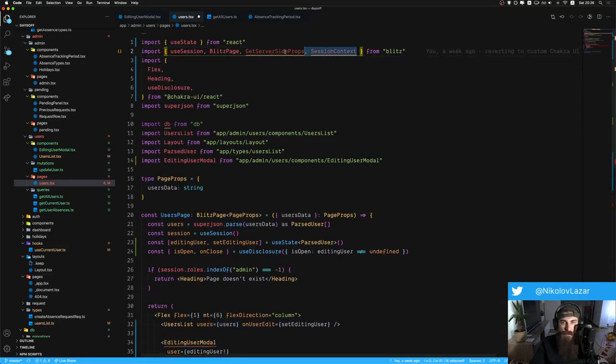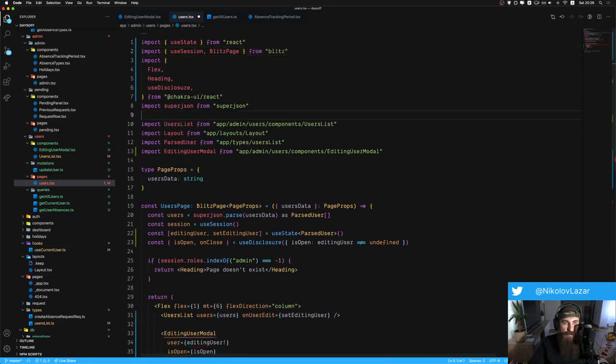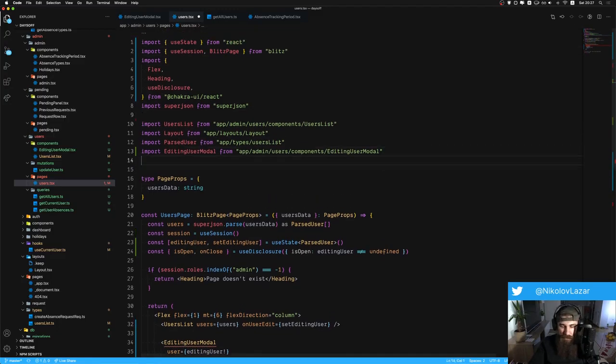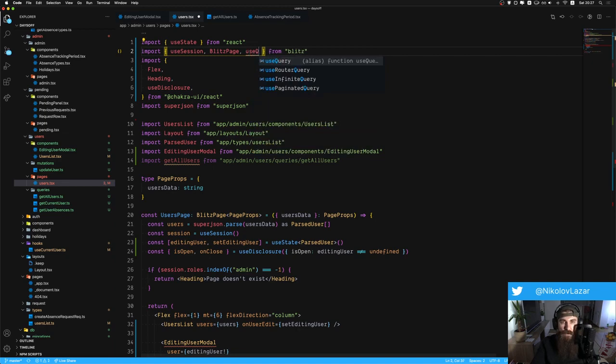So I'm not going to use this. I'm not going to use this. I'm not going to use this, but I'm going to import my getAllUsers from app/admin/users/queries/getAllUsers, but then also useQuery and invalidateQuery. You'll see the situation I had in one of the previous streams where I had to invalidate the query without using